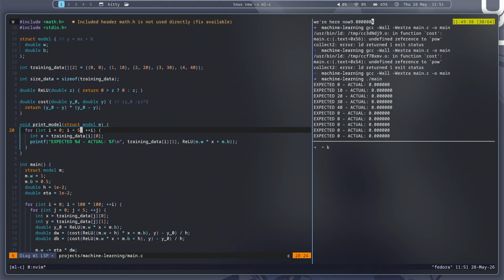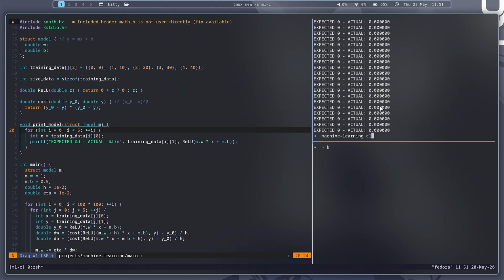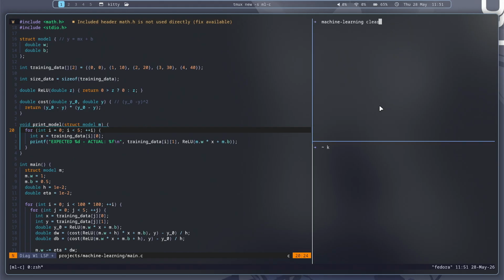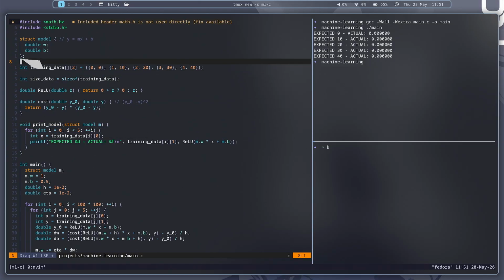I don't know what's going on with this. Clear. Okay. All right. Cool. Love that. All right. So expected, actual. So that means my model is just... That means that this keeps returning that, which means that